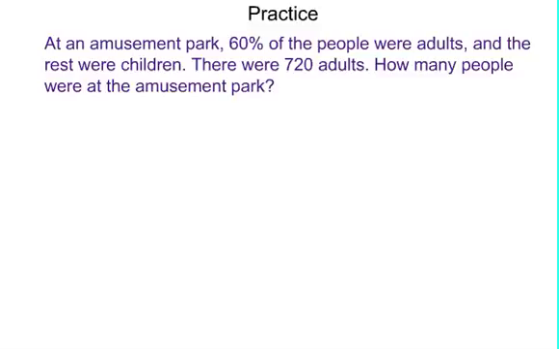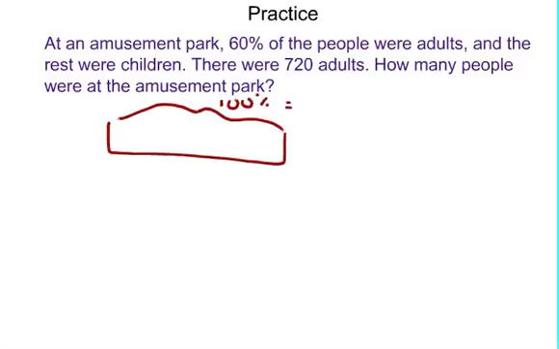Okay, let's go over the problem. At an amusement park, 60% of the people were adults and the rest were children. There were 720 adults. How many people were at the amusement park? So we're going to start by drawing our bar model, which equals 100%, which we don't currently know, and that's all the people at the amusement park. But we do know that 60% of the people there were adults, and there were